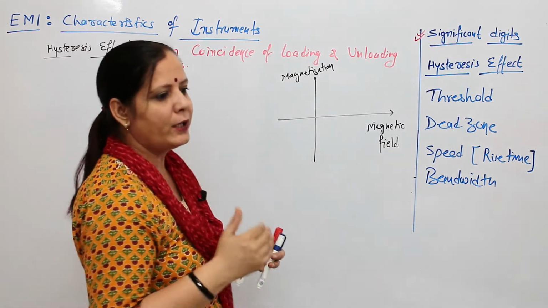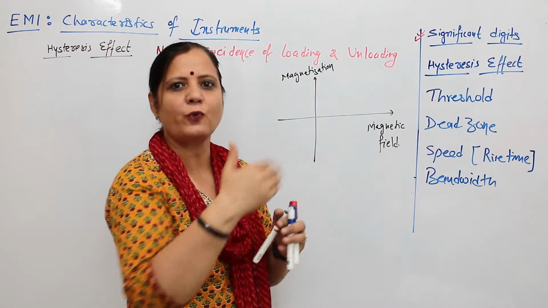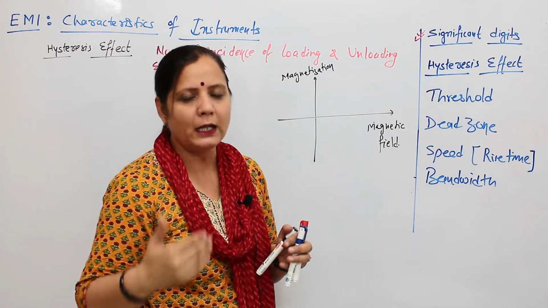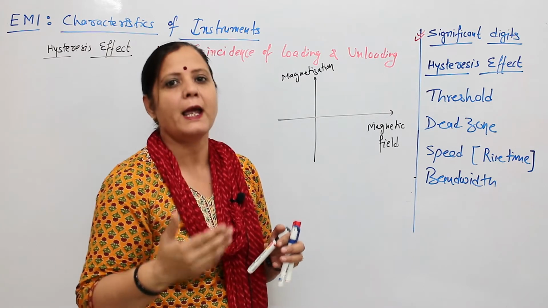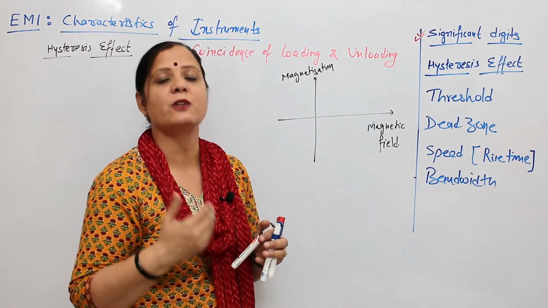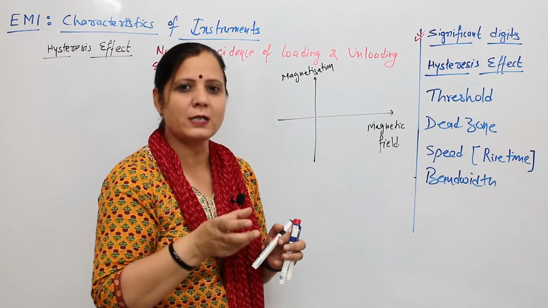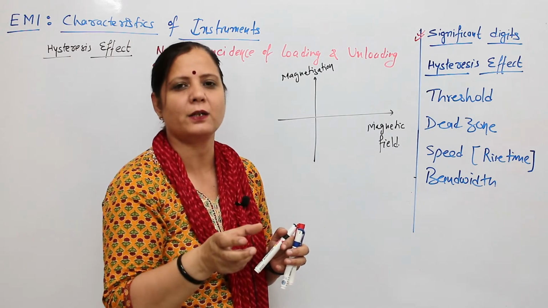Okay. When your process is not following the same path, then you will say that loading and unloading conditions are different, and this non-coincidence is defined as the hysteresis effect,